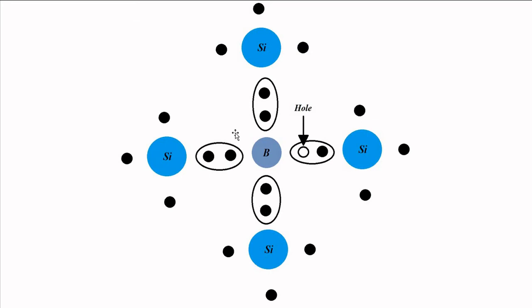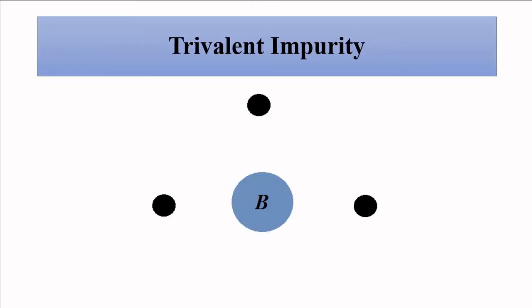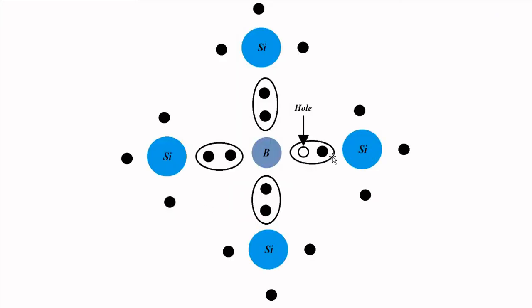Like this, three covalent bonds are formed between three of the silicon electrons and the three electrons of the trivalent impurity boron. Now here an extra space is created, between boron, which has no more outermost electron, whereas silicon has four valence